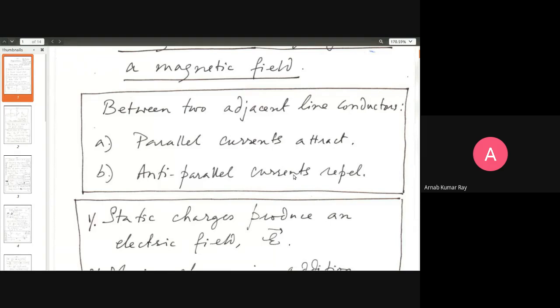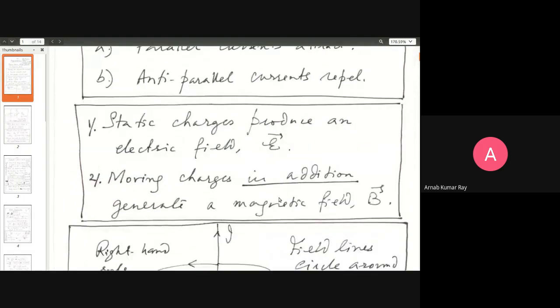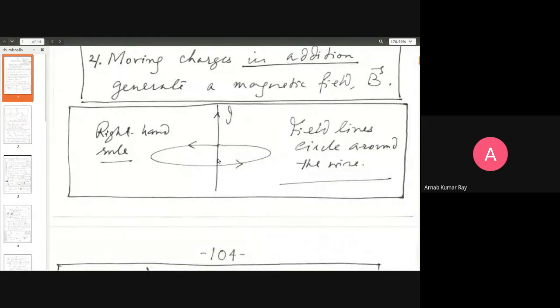Nobody has derived this theoretically, like Pythagoras derived his x squared plus y squared is equal to r squared kind of a formula, I mean, base squared plus perpendicular squared is equal to hypotenuse squared. It's not like that. It's the first fundamental of nature. And here's another fundamental observation about nature. What is it? This straight line that I have drawn with the arrow going upwards is indicating a current I moving from the bottom to the top. The arrow is indicating that direction.